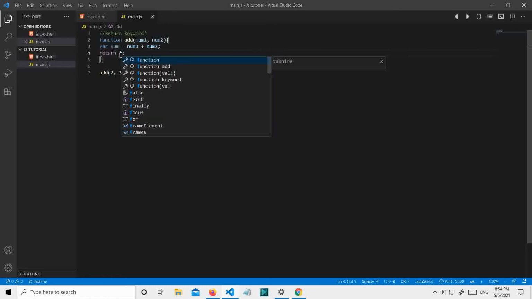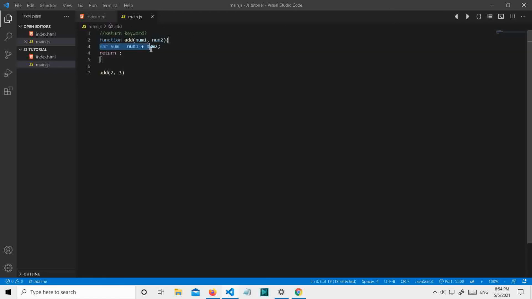And to actually show what code you have written, what numbers you have added, or any text or string you have written, you have to use console log or the document.write method.